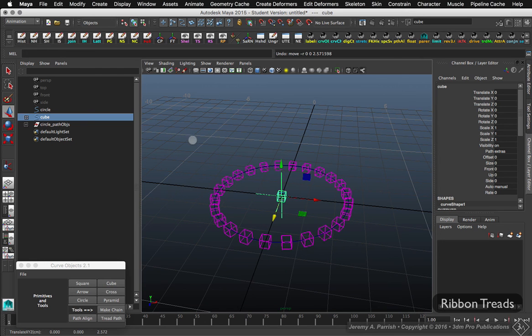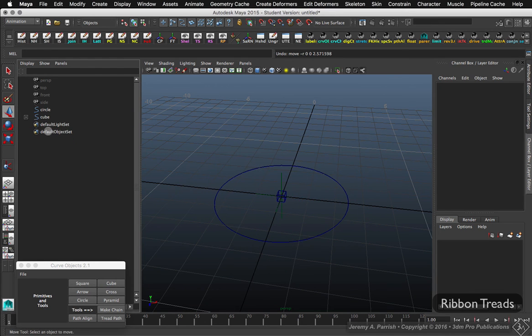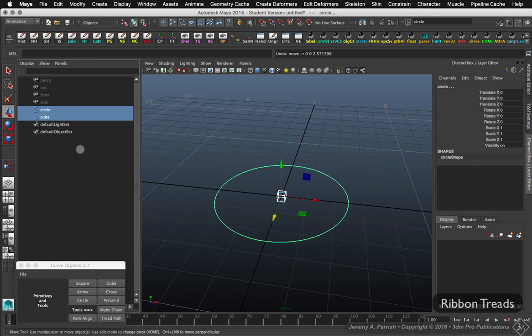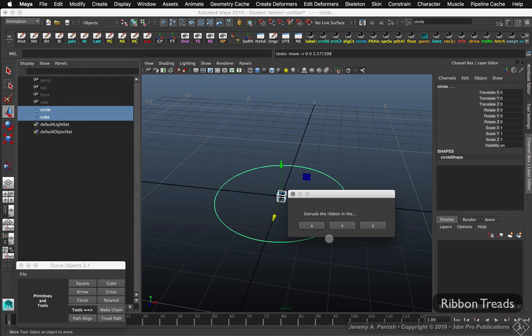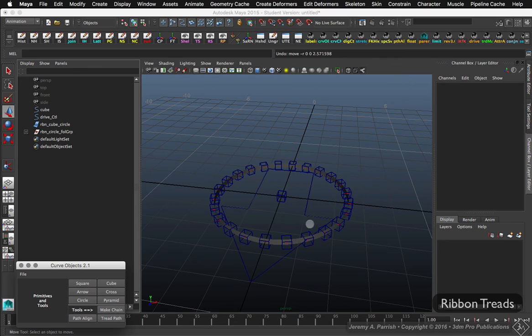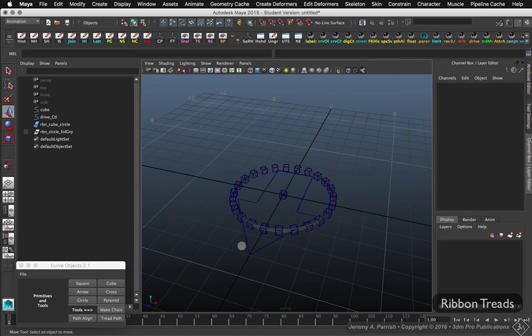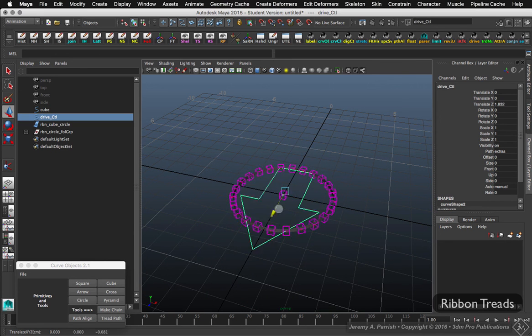And I can even do the same thing if I wanted to generate one using a ribbon. So again, I take the cube, shift select my path, tread path. I'll use the actual default control. Put in 24 and I'll tell it ribbon this time. And since the curve is actually laying flat on the grid, it needs to extrude along the Y, so up and down. So it creates my ribbon, it centers it on where the path was, it deletes the original path, and so now I have my control object,